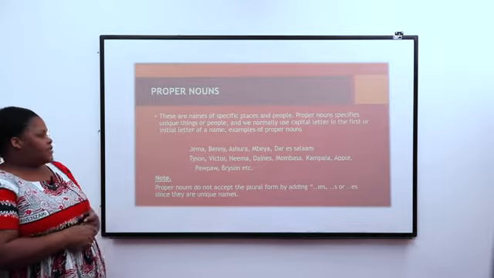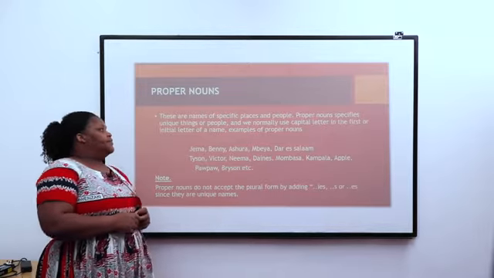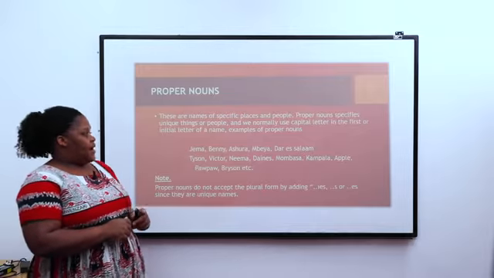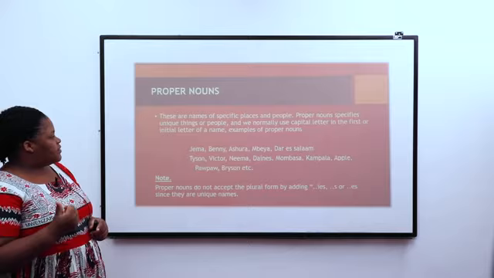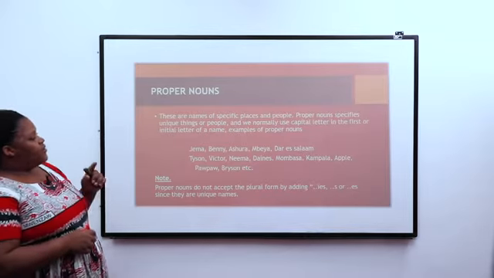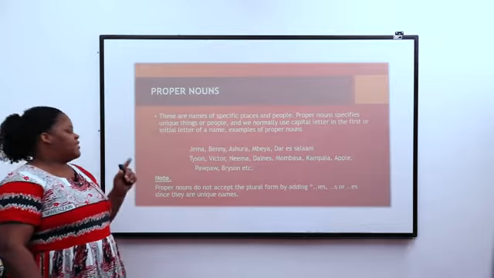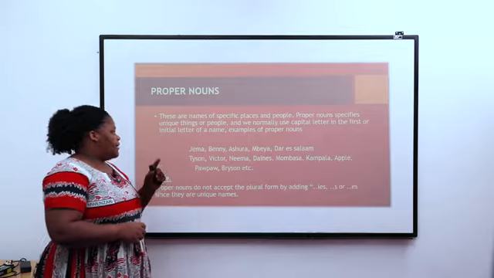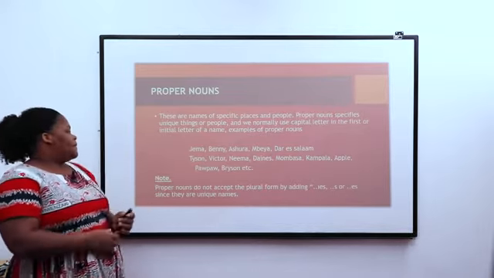Proper nouns. These are names of specific places and people. Proper nouns specify unique things or people, and we normally use a capital letter at the initial letter of a name. For example, the following are examples of a proper noun. For instance, here we have